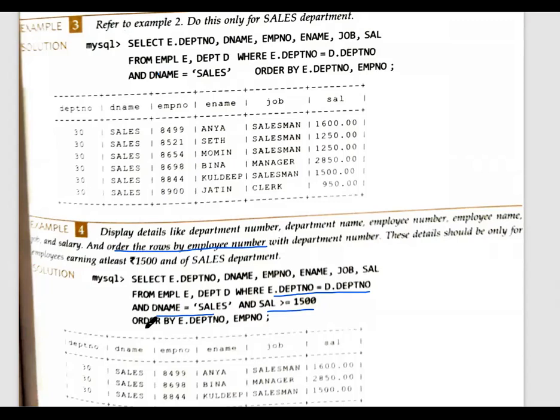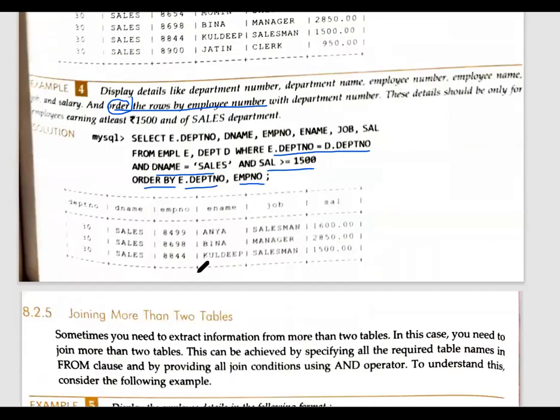So when we are writing order by, first we write department number and then employee number, because it was given that you have to order also. So therefore we are using the order by clause. Then next is